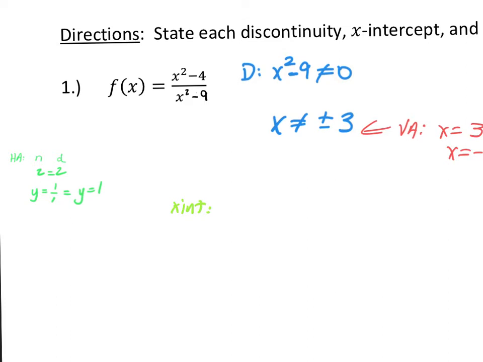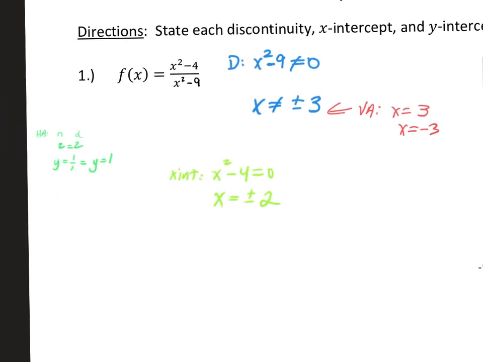All right, remind me again about X-intercepts. Numerator equal to 0? Yep. Numerator equals 0, so guys, I have x equals plus or minus what? 2. There you go. If you want to work it out, that's fine. If you want to factor it out, x minus 2, x plus 2, then solve each. Or if you want to move 4 over and take the square root, it's fine. But you have X-intercepts